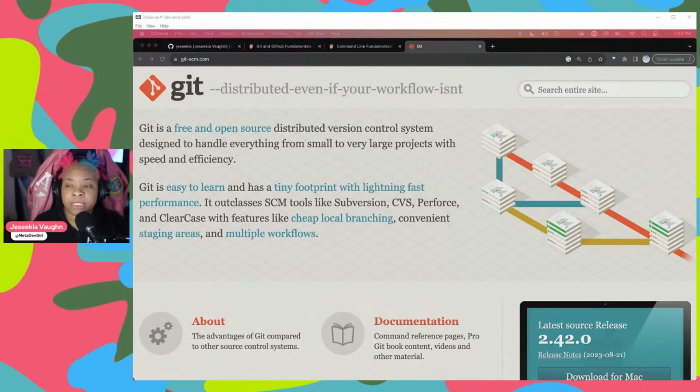So, the first thing I want to talk about is version control. So, what is version control, right? For us, we have the power to manage our projects, manage the state of our projects, keep up with the history of our projects by using version control. Okay. So, a common tool that is not Git, but also has some type of version control to it, would be Google Docs. So, if I go into Google Docs,